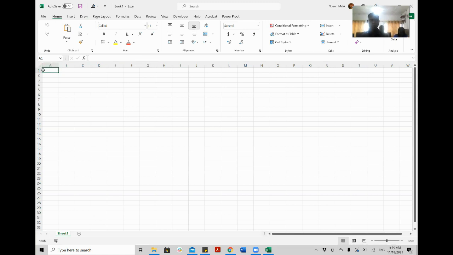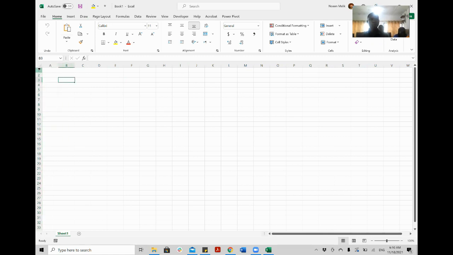So in Excel, you can see that alphabets are written here, and some numerals are here, like 1, 2, 3, all the digits. When I move my mouse on top of A and click the left button and select it, it is called a column.